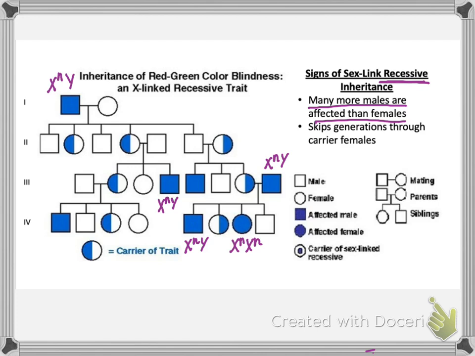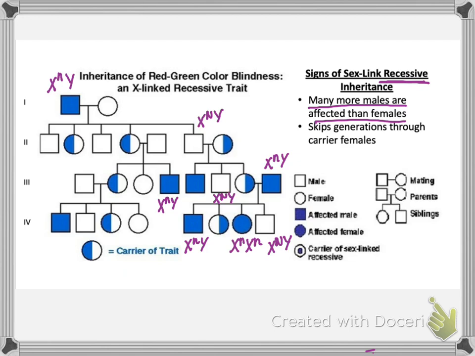Anyone who's empty takes a little bit more work. You have to figure out, are they going to be homozygous or are they going to be carriers for females? And for males, it's really easy. Males, there's only one option. So any empty square has to be X big N Y, because that's the only option. Females are a little harder to determine. So let's look at some of these and figure out why they're half shaded blue. Why are they considered to be carriers? Well,